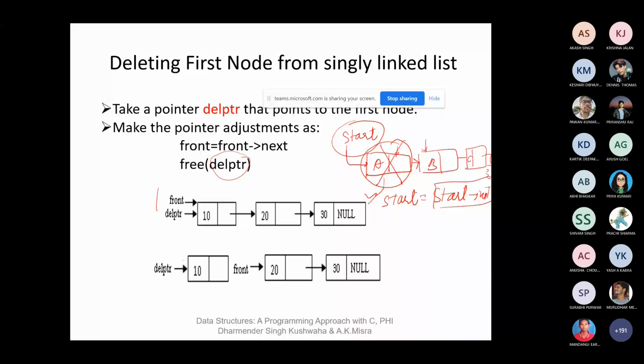Ma'am, you are asking when it will contain only one node. Yes, start that have only one node A, this one. Now you delete this one, we will assign null value to start. Yes, simply. Here what we are doing, start to next means this address is pointing to this start. Now in this case, we already know this next contain the null value. So start take as a null value.